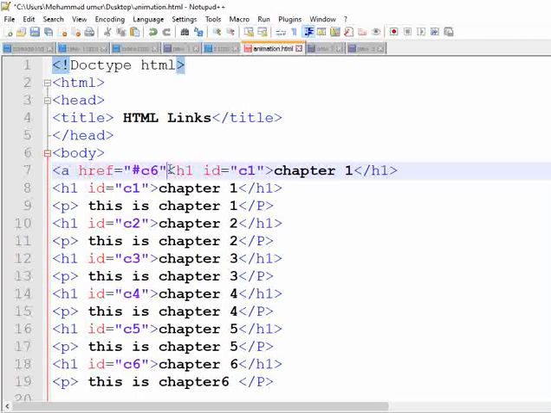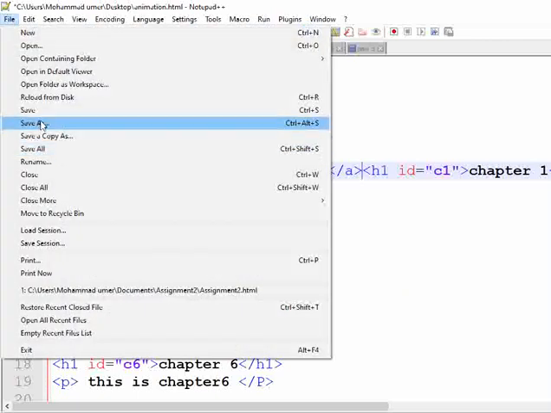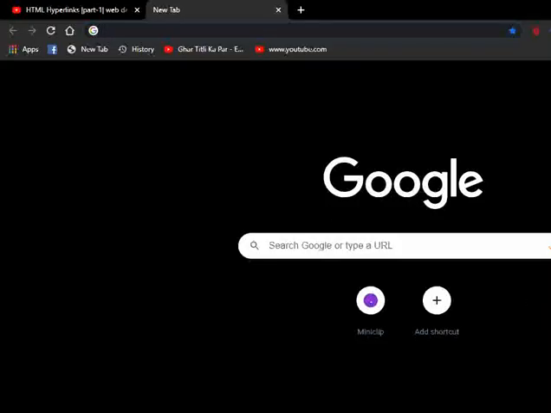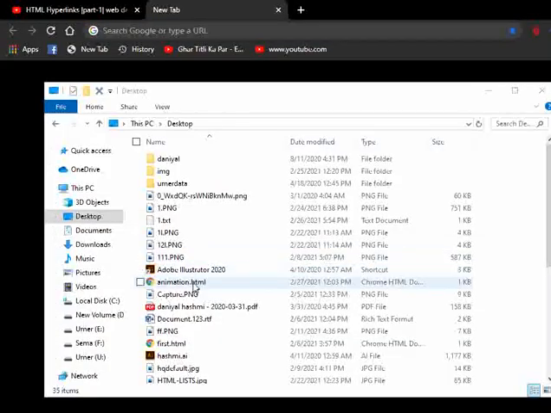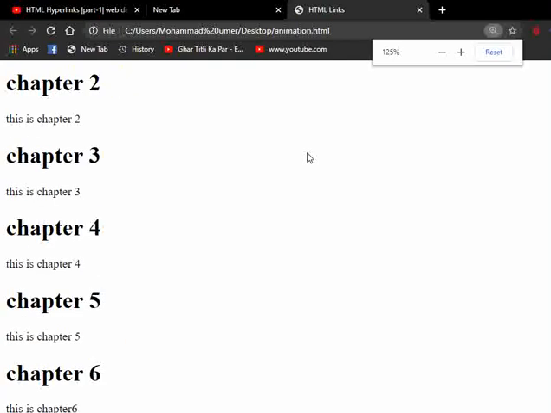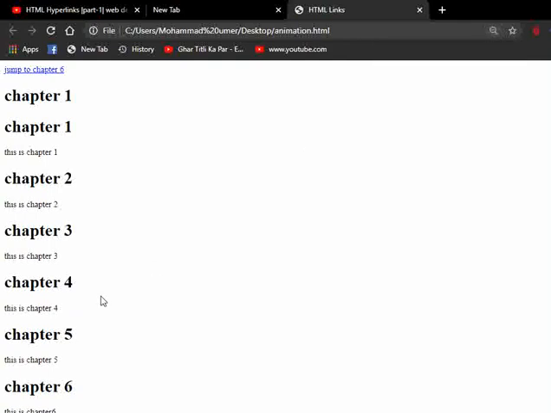Oh, I didn't write the closing tag of the anchor tag. So यहाँ पे अब हमें लिखना है क्या, jump to chapter 6. Okay, so let's write the closing tag of the anchor tag here, and let's save this and see the output in the browser to show how the bookmarks are created and how they work. Okay, so let's open the file, animation.html. इसका जो है फ़ॉन्ट साइज़ बहुत ही ज़्यादा बड़ा हुआ है. एक्चुअली मैंने इसका साइज़ जूम्ड इन बहुत ज़्यादा किया हुआ है, तो इसको थोड़ा सा हम लोग कम करते हैं. ओके, सो नाउ you are able to see it.